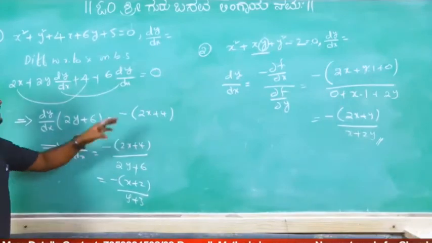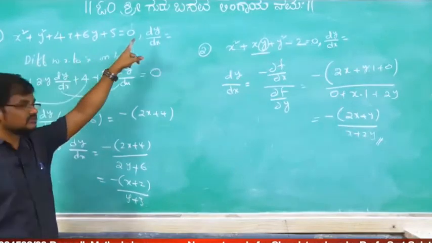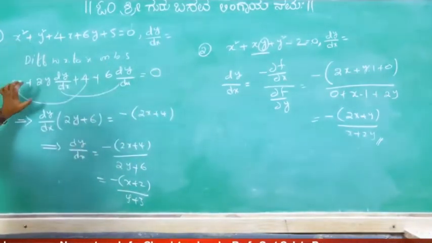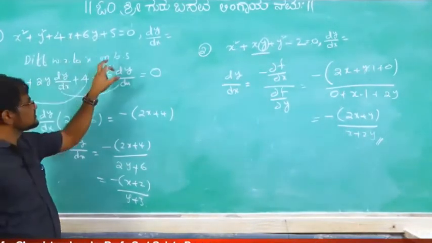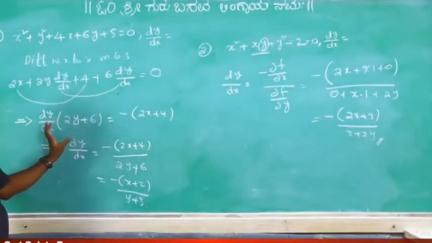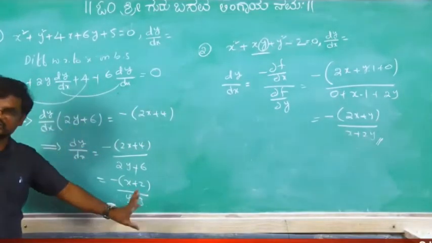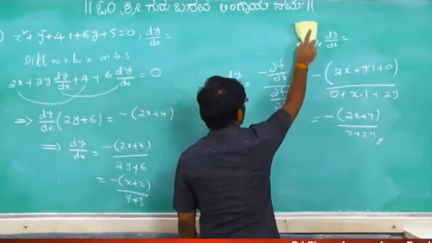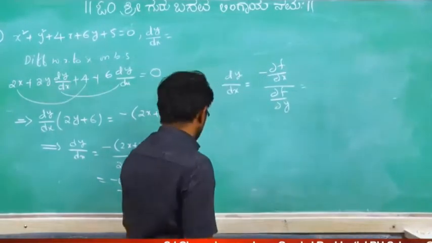So once again listen, this is our given function. We are doing the differentiation with respect to x because we have to find dy by dx. Now differentiation of x square, differentiation of y square, differentiation of 4x, differentiation of 6y, and this is constant, 0. In these two, dy by dx you take in common, and this is remaining, and the remaining two terms bring to that side. From that you got dy by dx. And now from this, how to get that dy by dx within one step.